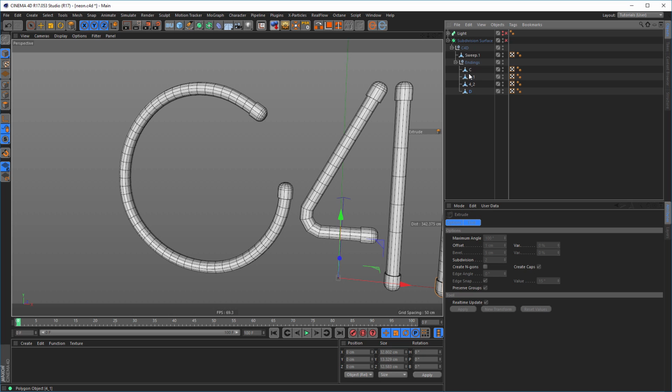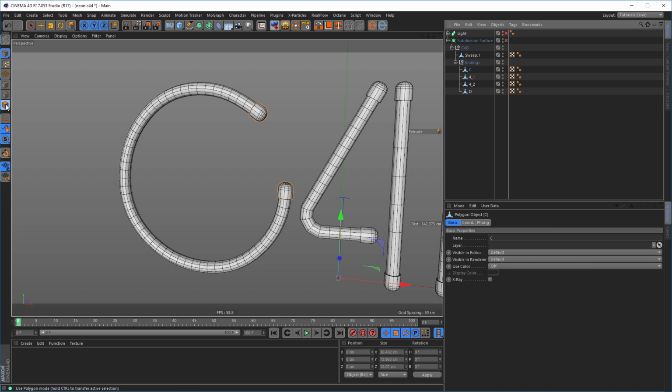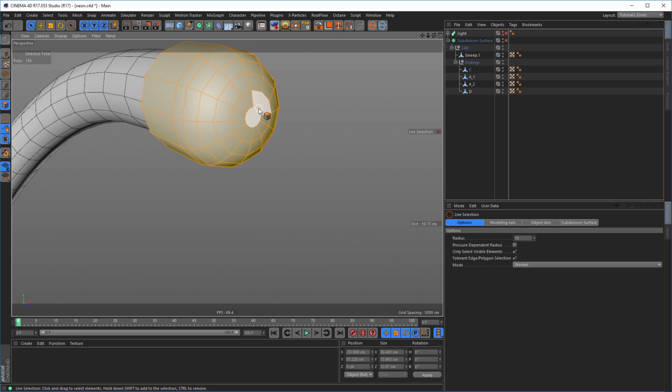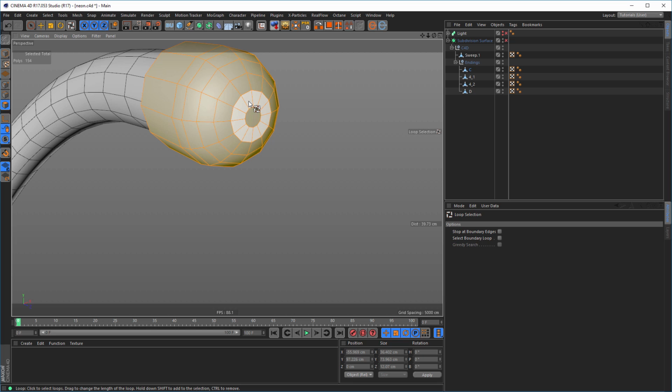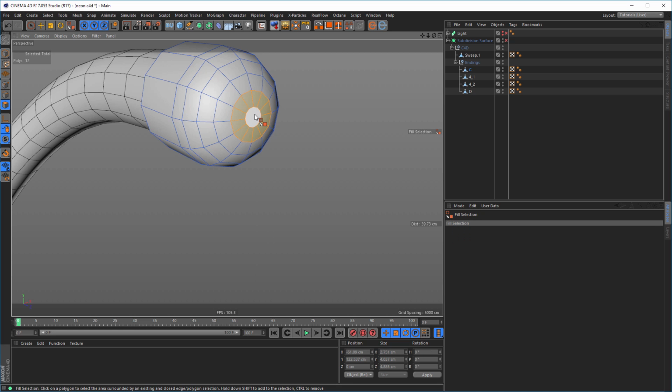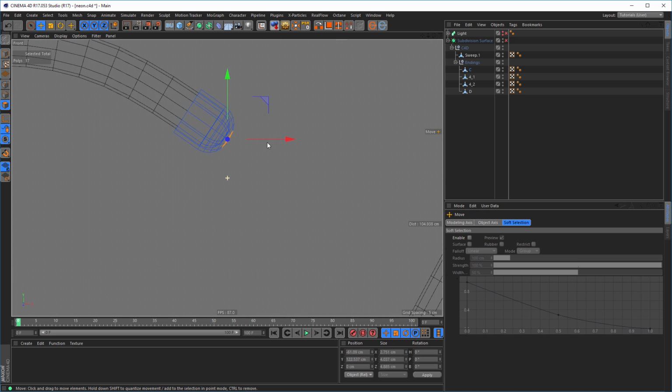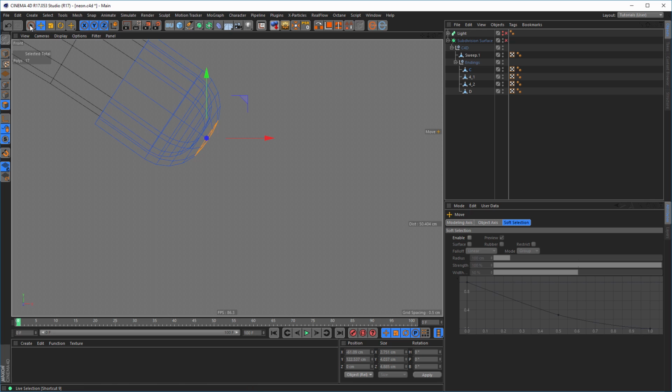We go to the endings of the C, polygon mode, and I, UL and UF. Okay, and E to move this whole thing, but I want to move it not in this direction. I want to move it in the normal direction, so I have to go to my